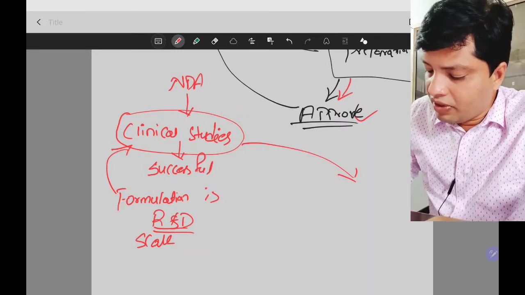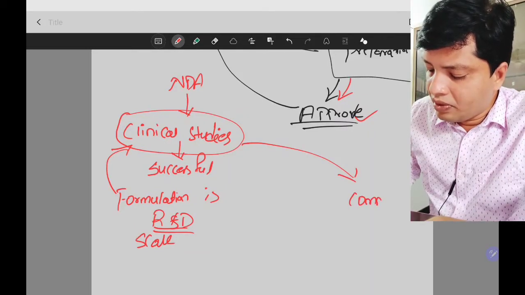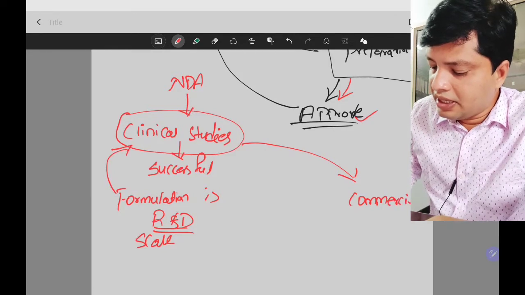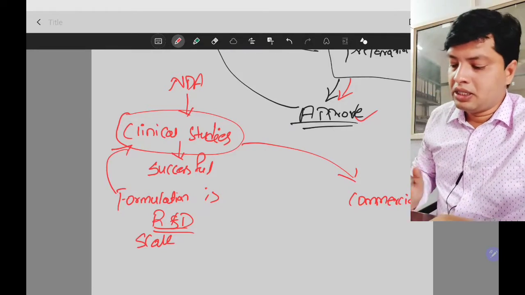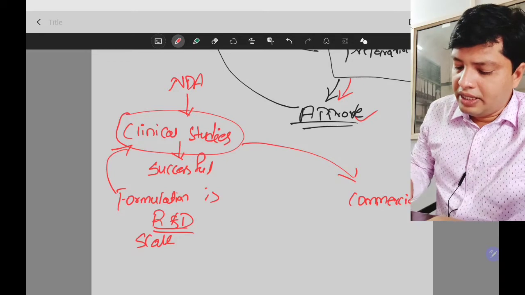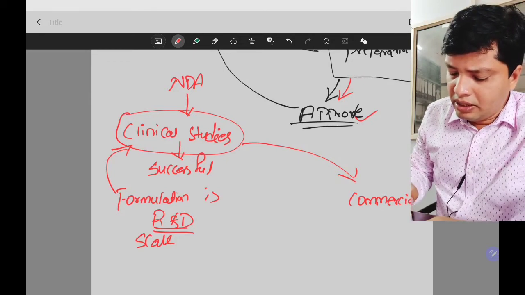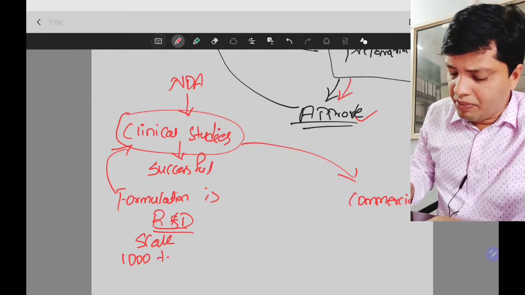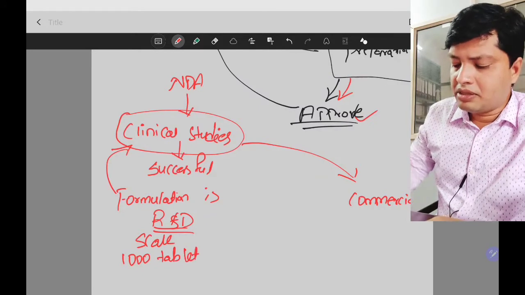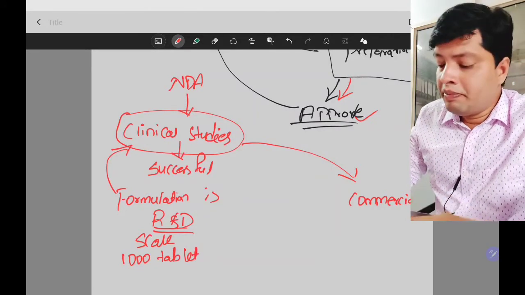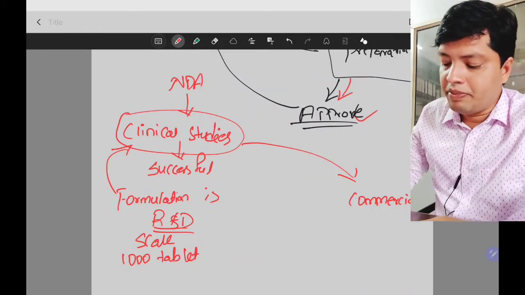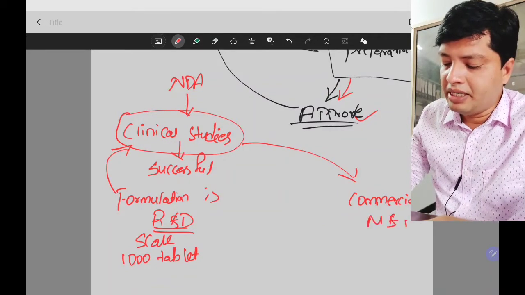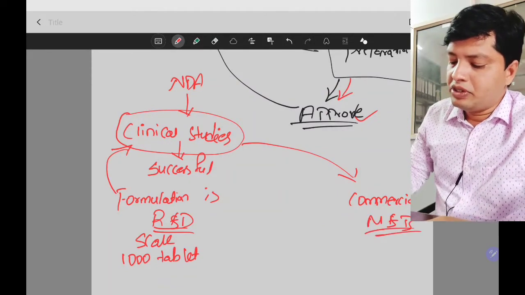So you want to go for the commercialization of your product. In the R&D you will be using only, let's say, 1000 tablets. You are producing only 1000 tablets. But in commercial scale, millions and billions of tablets need to be produced here.